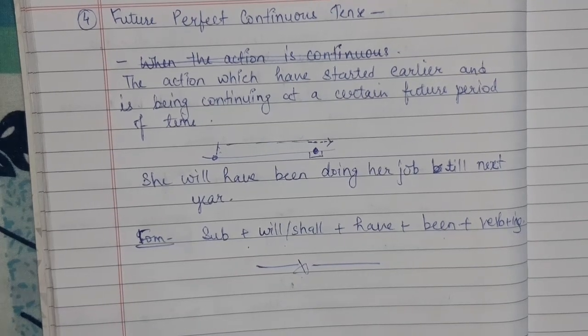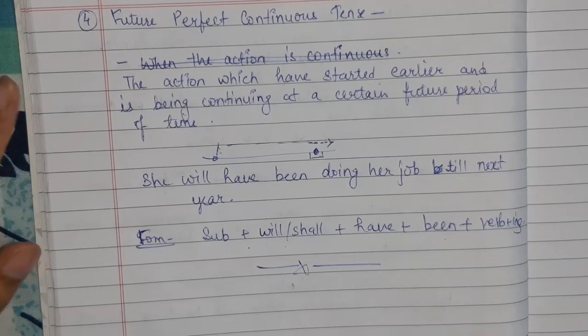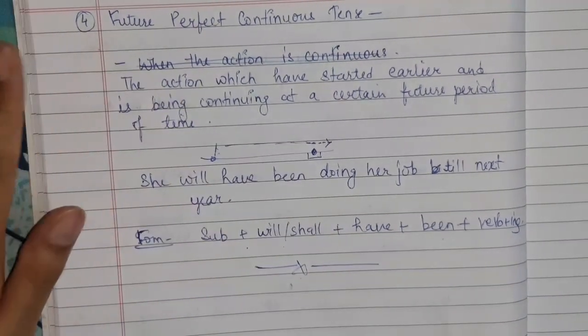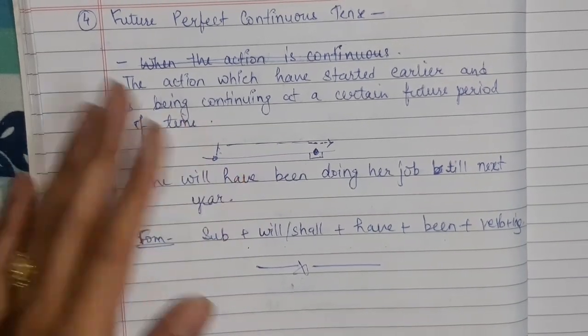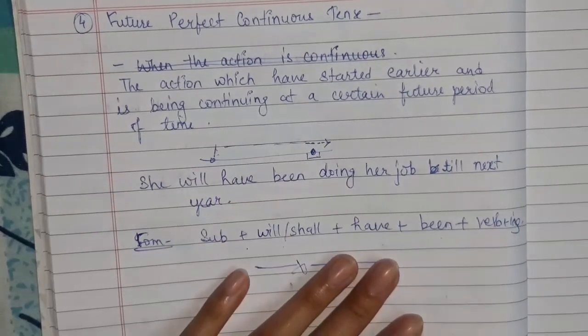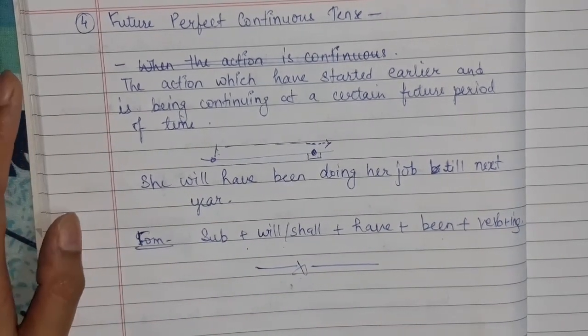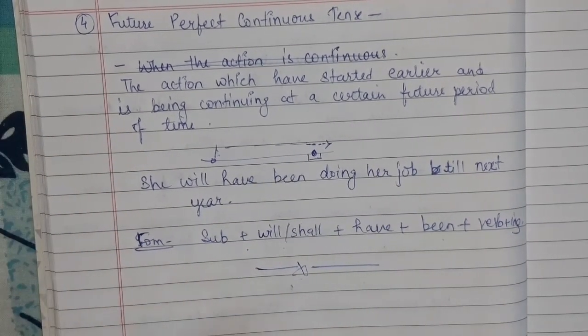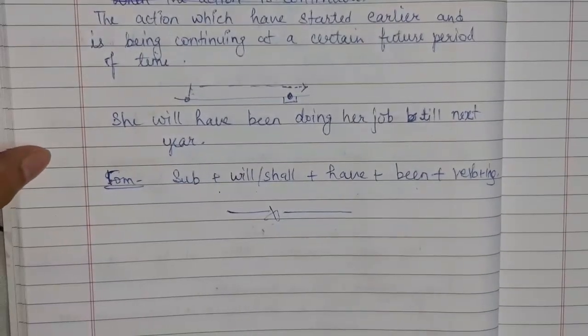So I have completed the explanation of all the tenses in each and every video. There are 3 tenses, present, past and future, and I made 3 videos for that, one for present, one for past, and another for future. Okay, so next we will start with some examples. I will give you some examples for practice also.